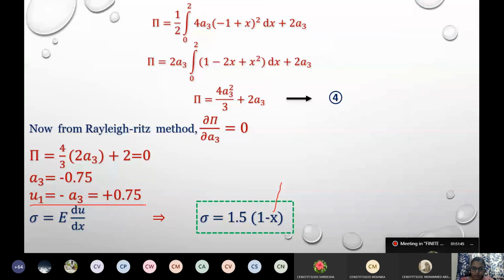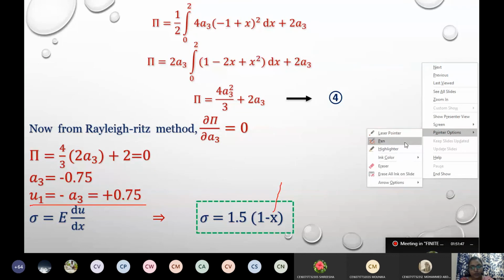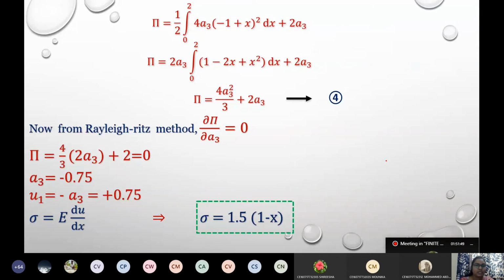The U1, that is the displacement at X is equal to 1. What if the displacement is asked somewhere in between? Maybe at X is equal to 0.5 or X is equal to 1.5, because the whole length is from 0 to 2. What is happening in the displacement in between the span, and because of that, what is the stress happening in the member, we have to solve. Then this will help us getting the solution. Substitute the value of X, it will give you the relation between stress and strain directly.